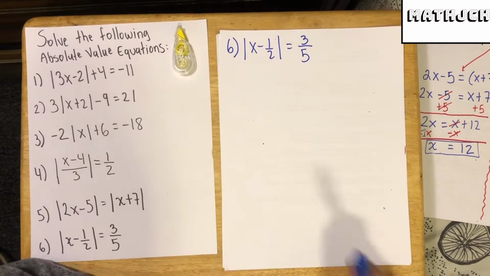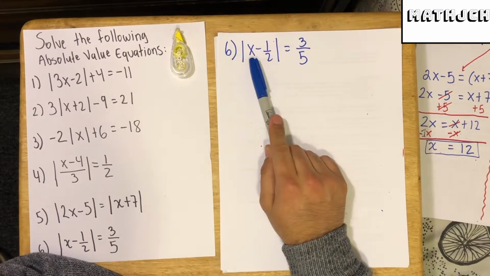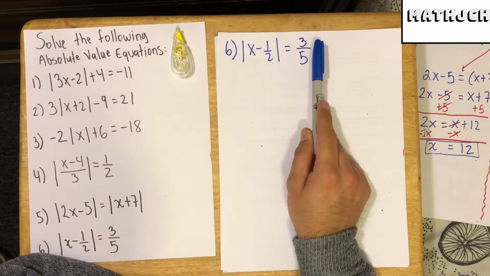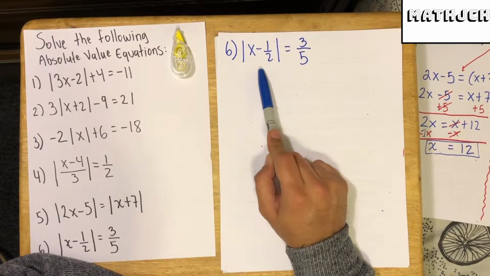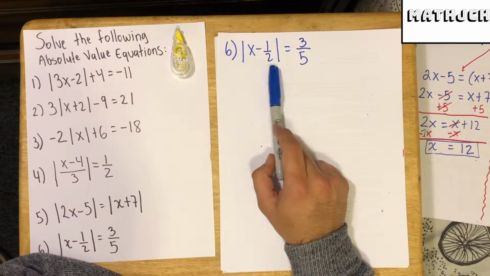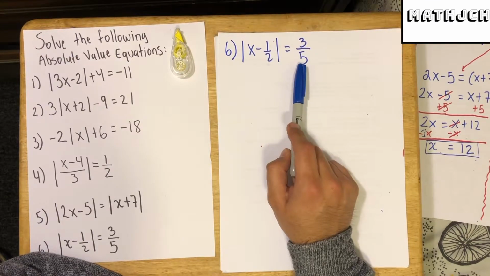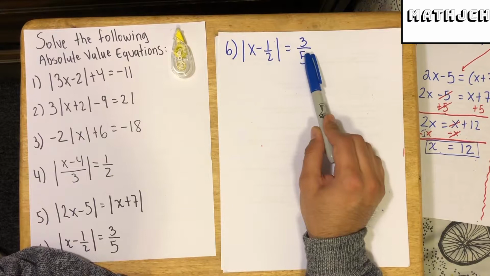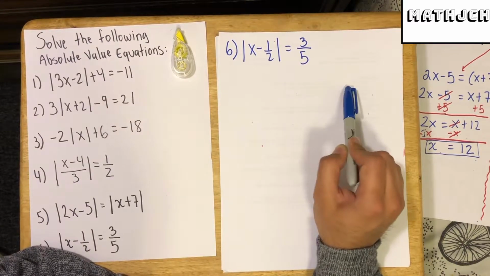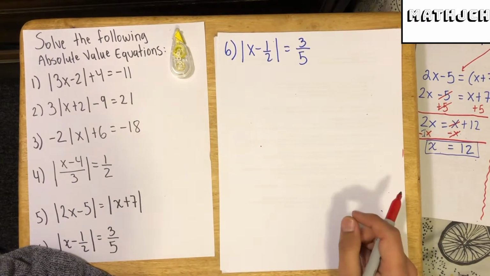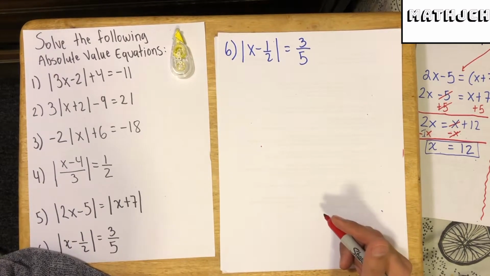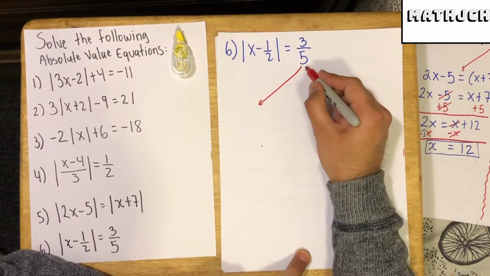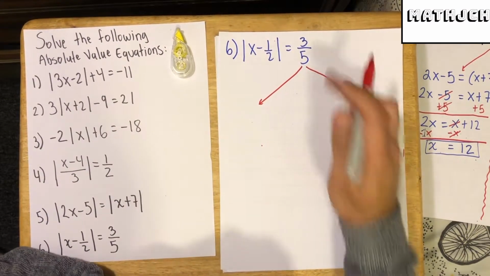For our final problem, we have the absolute value of x minus 1/2 equals 3/5. This absolute value is already by itself, and we have equals a positive number, so we're good to go. In case this number were negative, there would be no solution for this problem. So this is ready to be broken down into two cases: the positive of this number and the negative of